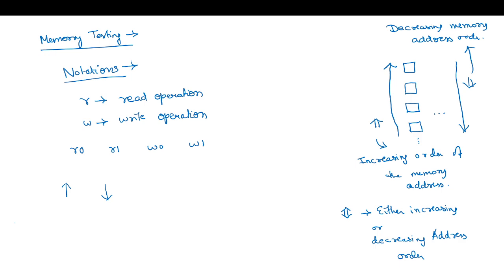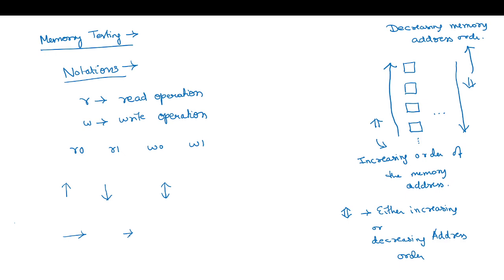This represents write a 0 to a cell containing 1, or the cell has a falling transition. And this symbol indicates that the content of the cell is complemented. And this indicates write a 0 to a cell containing a 0, and a smaller arrow